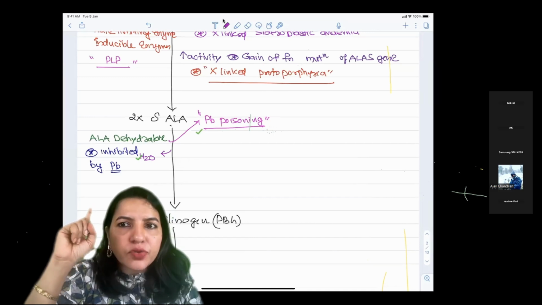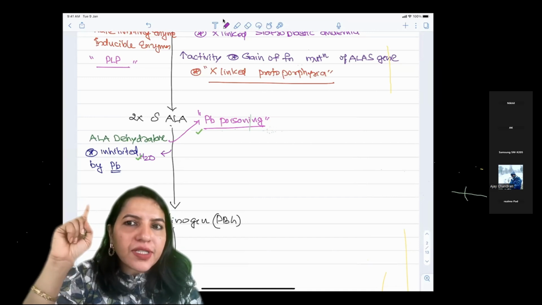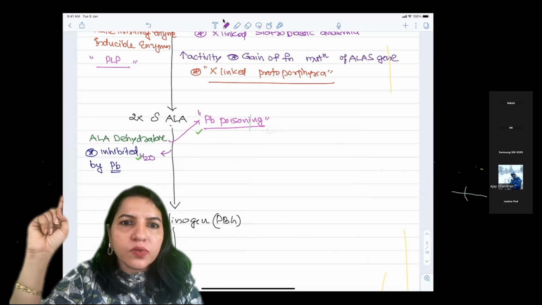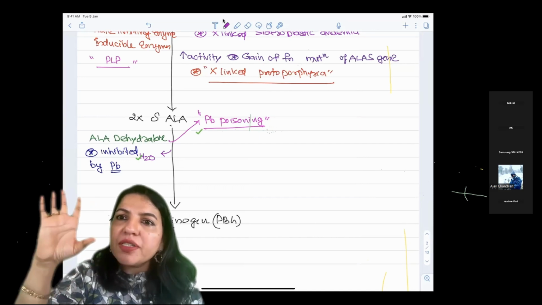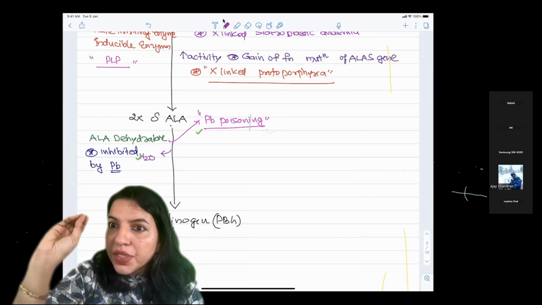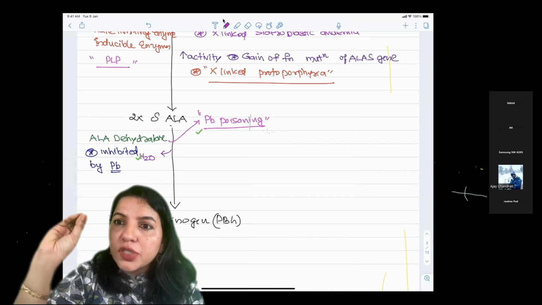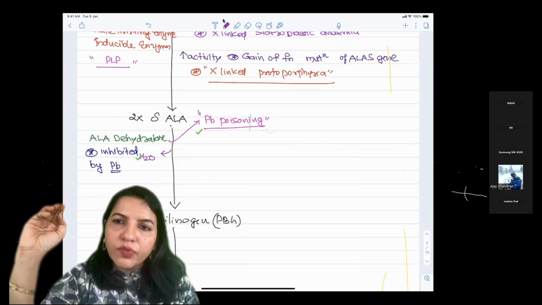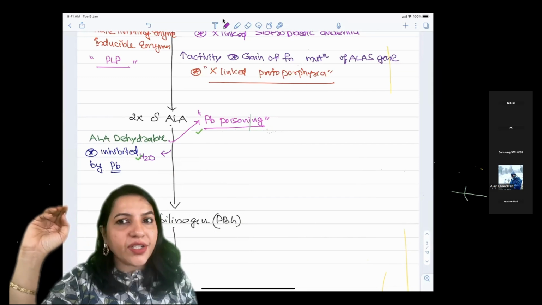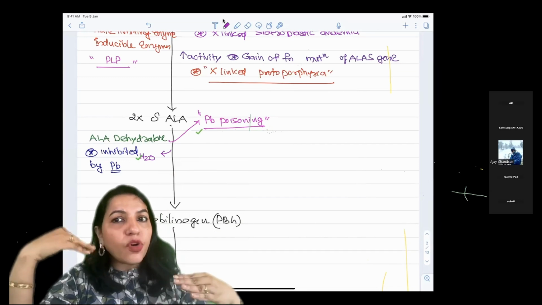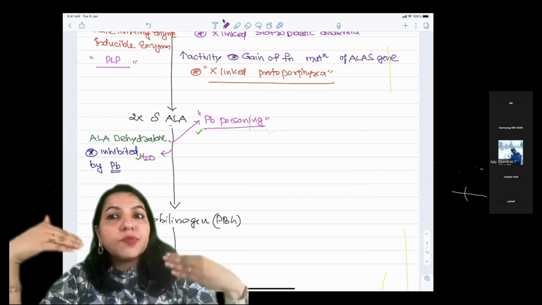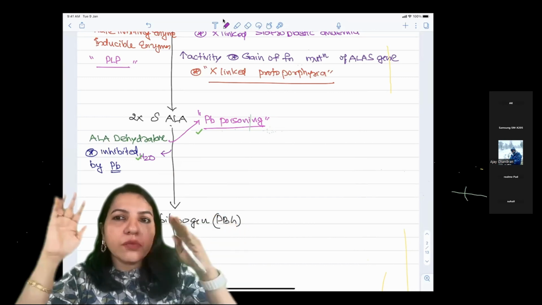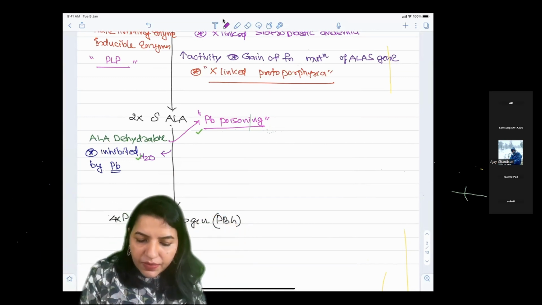Uroporphyrin. Yes, uro. Is uroporphyrin synthesized till now? No, right? Which means porphyrins have not been synthesized yet. Which means if there is inhibition of enzymes early in the pathway, like in this case, lead poisoning, which enzyme is inhibited? That is ALA dehydratase is inhibited, which means porphyrins are not yet produced. So it's before the synthesis of porphyrin, which means the symptoms